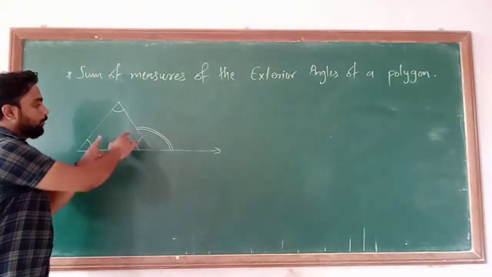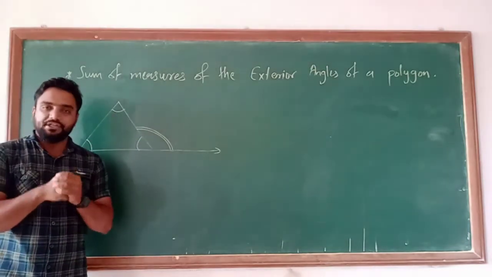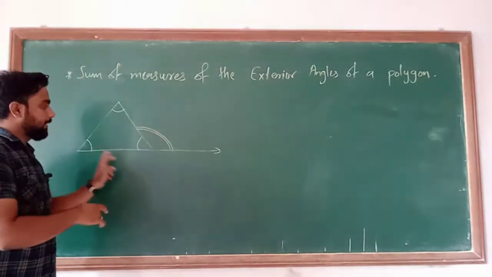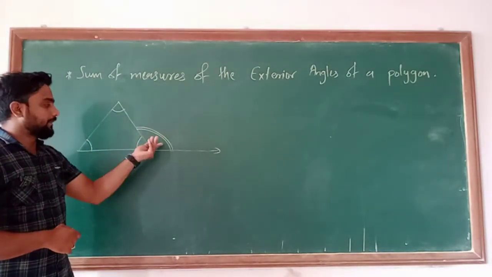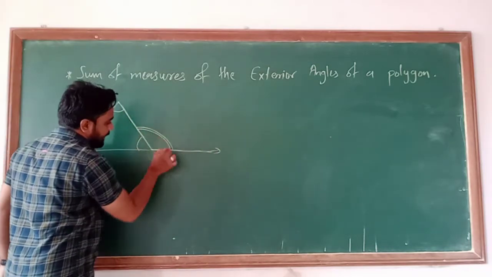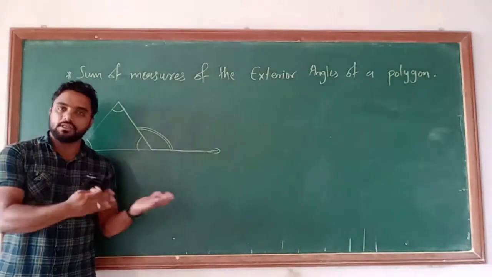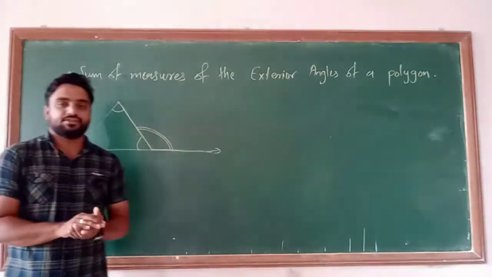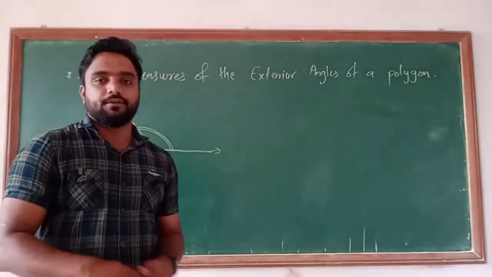That means the angles inside the polygon are called interior angles. Means the angles that come inside the shape of the polygon, okay, and the angle that is formed outside, just see here. So these angles which are formed outside of the polygon, or in the exterior of the polygon, are called exterior angles. Understand or not? Okay. So proceeding further.